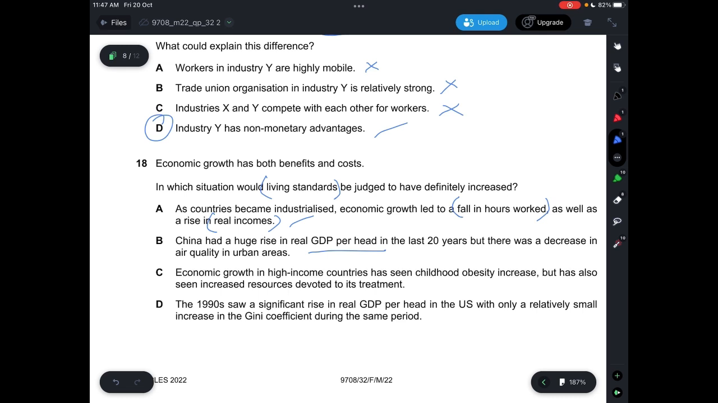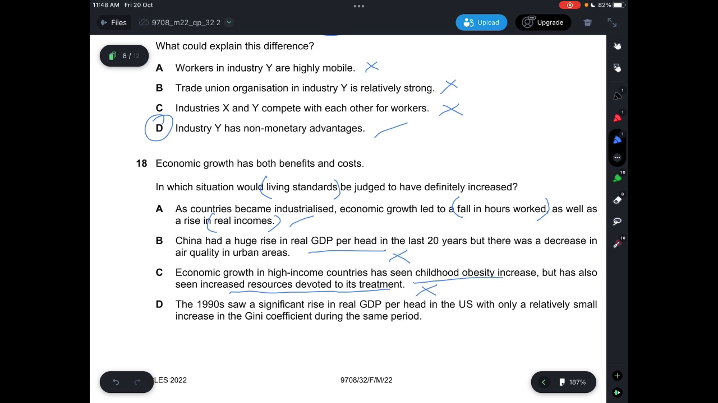So B is incorrect. And C, economic growth in high-income countries has seen childhood obesity decrease in standard of living, but has also seen increased resources devoted to its treatment. So decreased standards of living. So C is correct. D, the 1990s saw a significant rise in real GDP per head in the United States